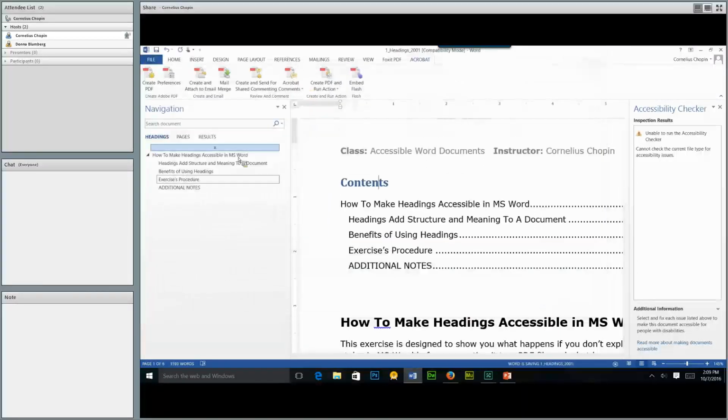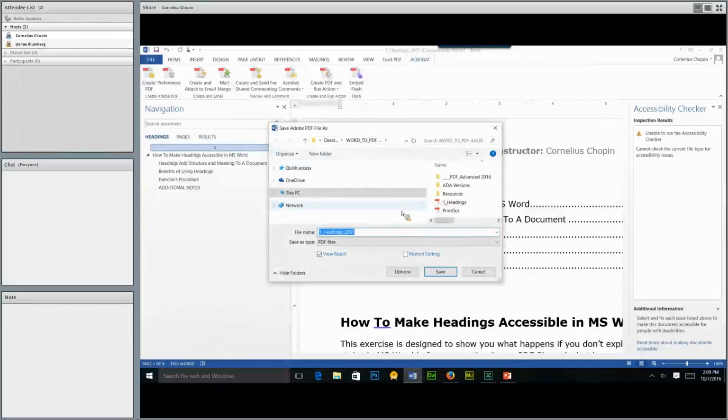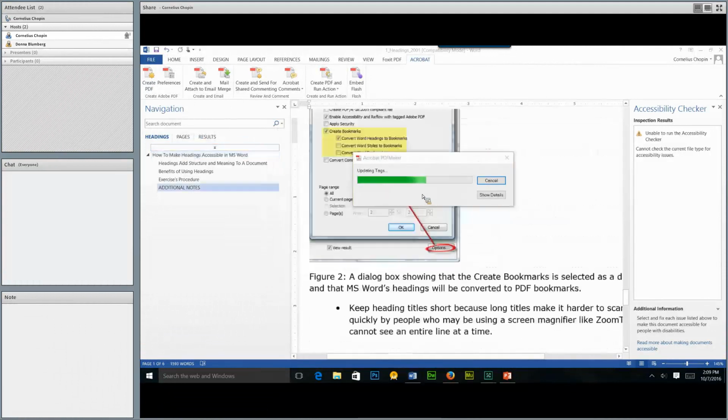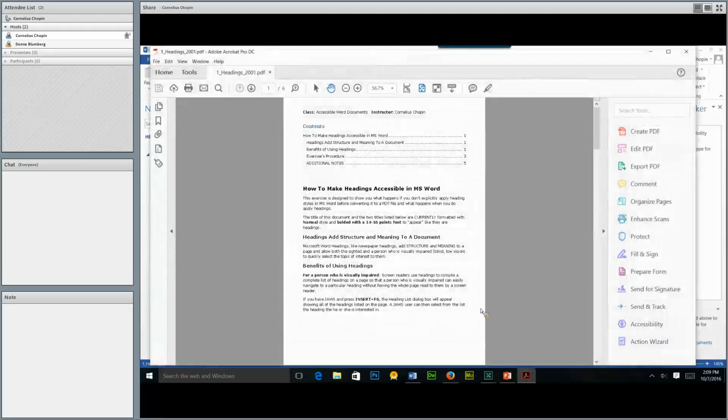Okay, so let's try to save it again as a PDF file. Create PDF, and again, it's going to save it with the same name, and it's creating it, converting it, and it's going to open it, right? Now, let's see what we have